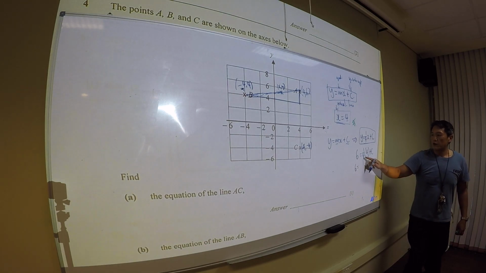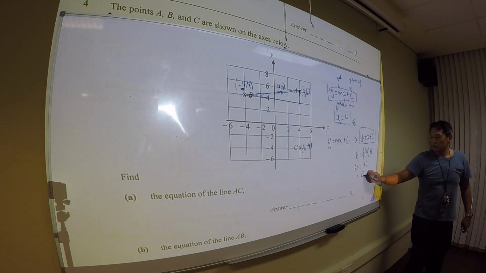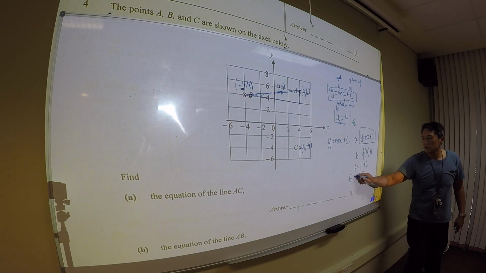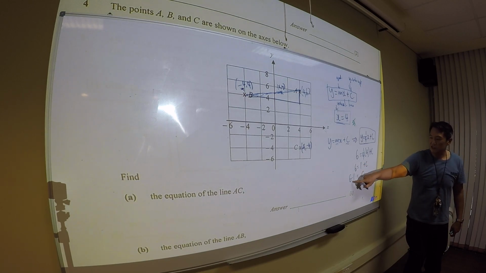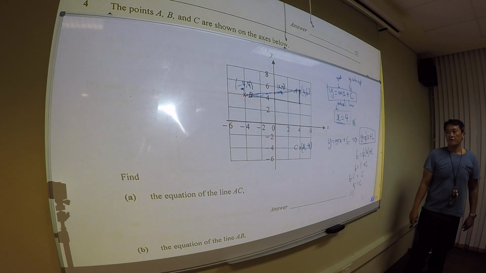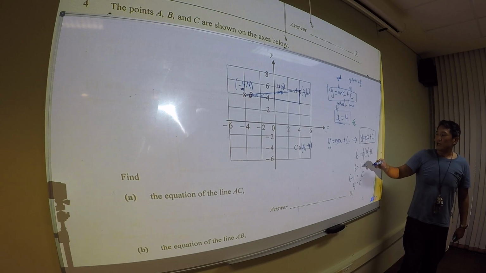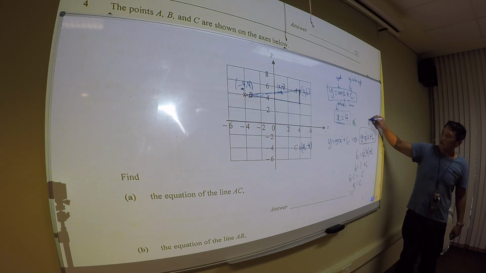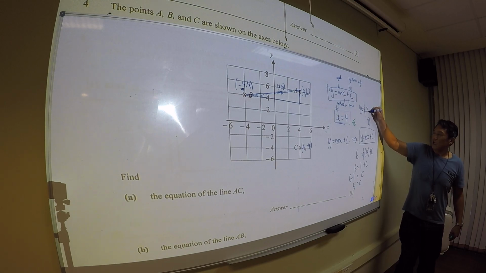Then simplify. 1/4 times 4 is 1. 6 equals 1 plus c. I minus 1 on both sides to make this 1 disappear. The 1 is like bringing it over, positive becomes negative. Then I will find that my c is actually 5. So the equation at first becomes like that. Then now I know that my y is equal to 1/4 x and my